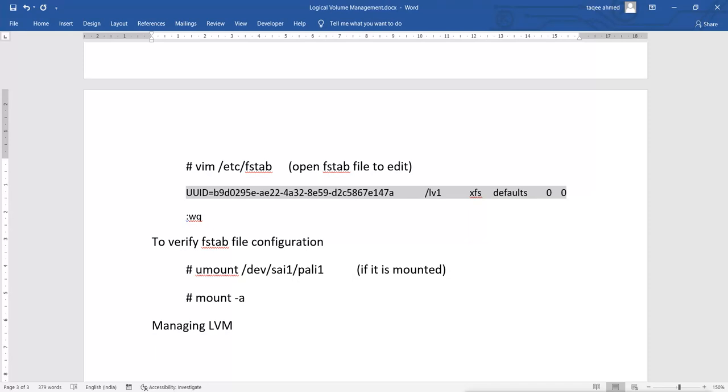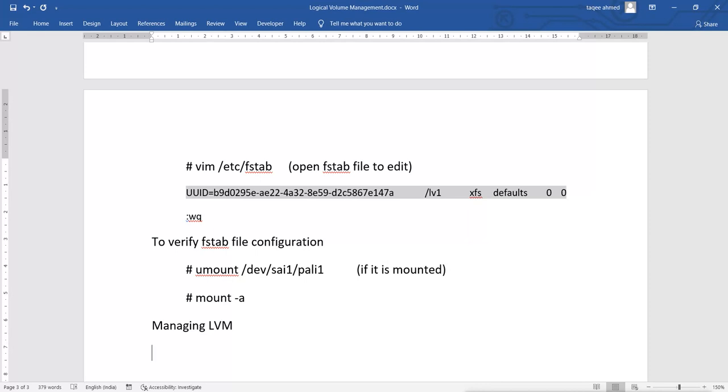You can extend the size of a standard partition also, but that is after losing the data. That means you have to delete the partition and then create a new partition. But LV gives you the flexibility to increase the size, extend the LVM, without losing your data. Now how will we do that?